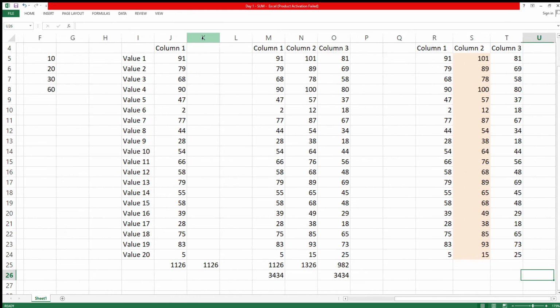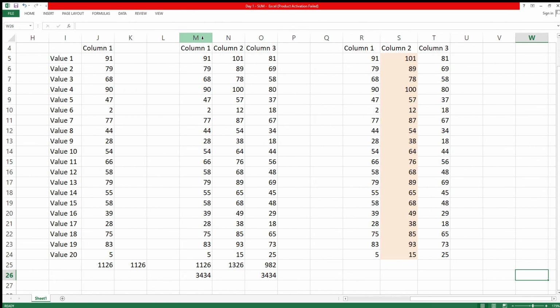In another example, there are three columns actually, but the sum of column 2 we don't want. We want the sum of column 1 and column 3. Here also, as usual, we can find the sum of this column and the sum of this column, then add these two, and we get a value. But here also we are using sum three times, and then multiple steps.